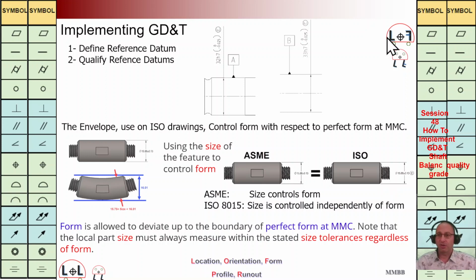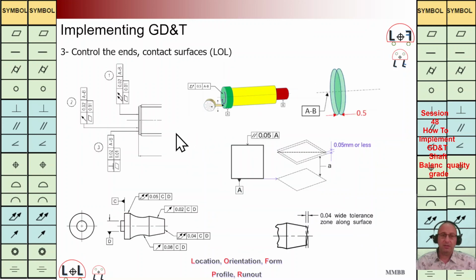Now we have defined these datum references. Let's talk about this end plate. We have location, orientation, and form. In order to control the form, we are going to use flatness. As we have talked previously, flatness 0.1 is good enough. Let's say 0.05 is again acceptable, but if you are going to use 0.01, we need to see what is the accuracy of